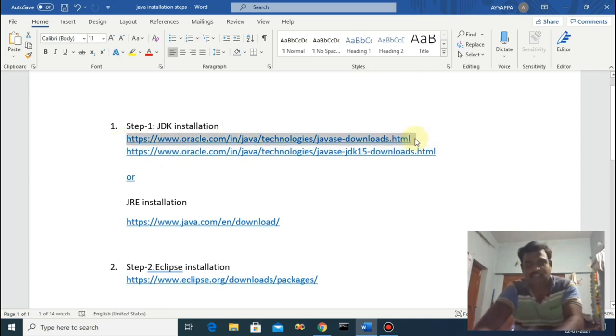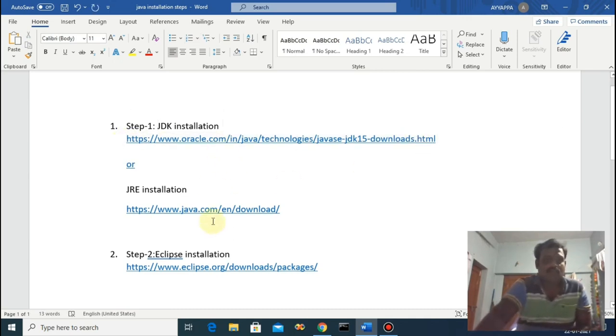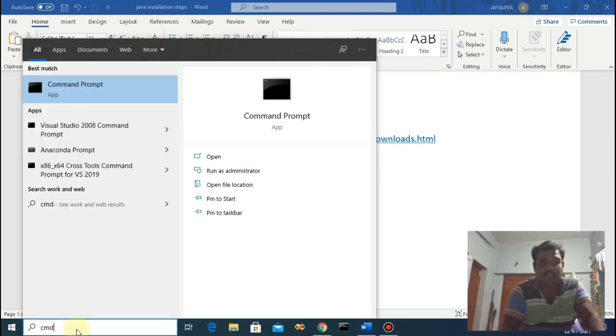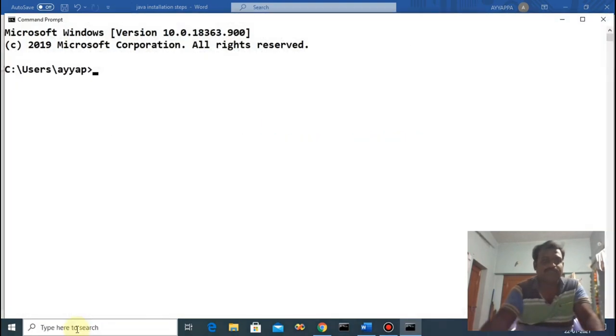These links are available. You can use the link to install your software. Before installing, first check whether the Java software is available in your system or not. Just type cmd. This is our command prompt.